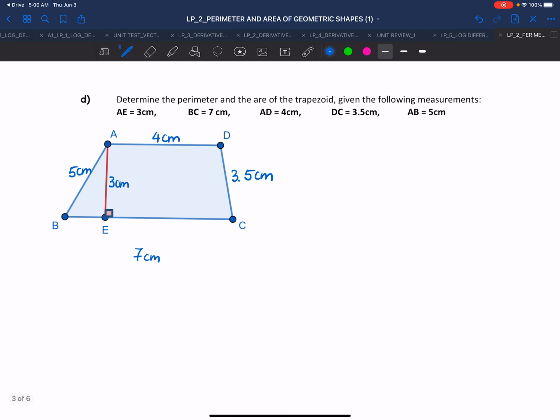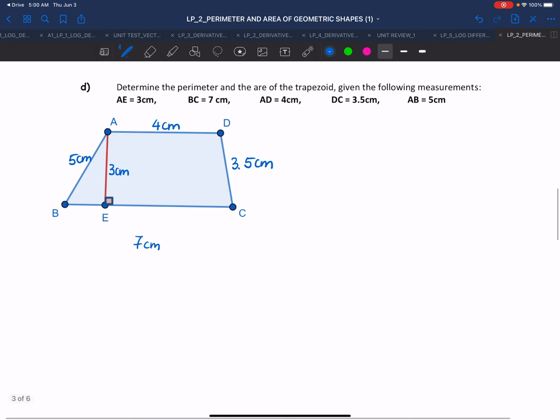Now we need to find the area and the perimeter of the trapezoid. So I'm going to start with the area first. So the area of a trapezoid, you can either write the trapezoid, or another favorite way would be by simply writing the name of the trapezoid. So area of the trapezoid is called ABCD, right? In our case. So I can write ABCD here is equal to,